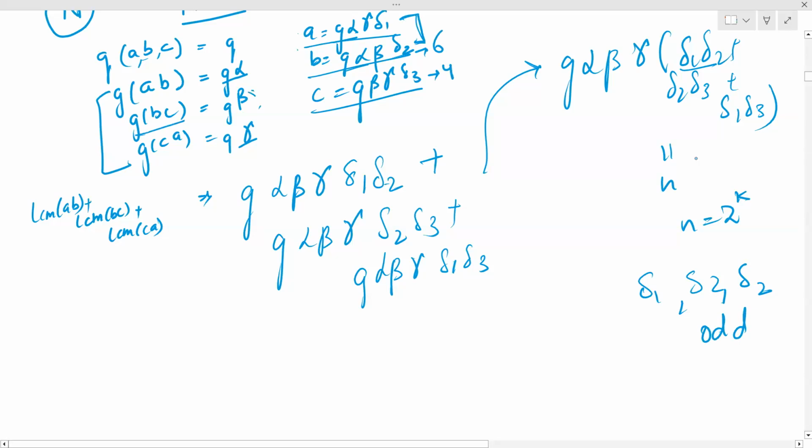Why? You can multiply this further with 2. If this is 6 and this is 4, you have written GCD wrong here. But if GCD of these are correct, then this would mean that at max only one of these is even, two will be odd, because the GCD will be 1. For delta 1, delta 2 also, delta 2, delta 3 also, delta 1, delta 3 also, GCD will be 1. So if only one of these is even and everything else is odd,